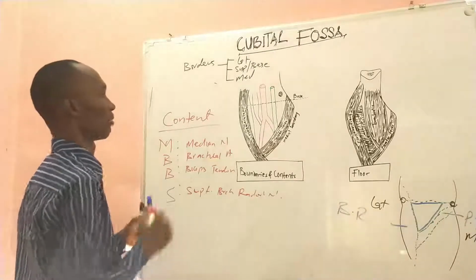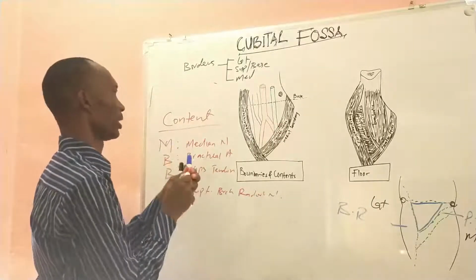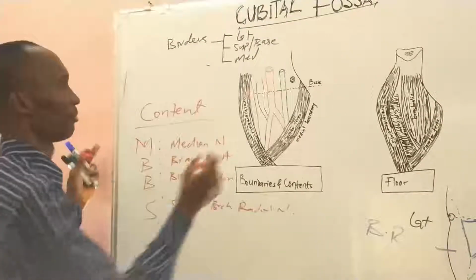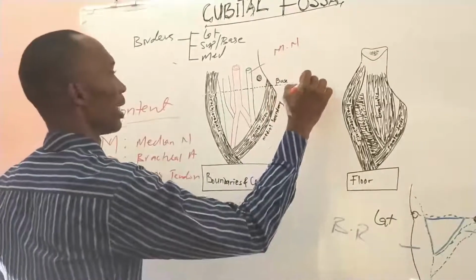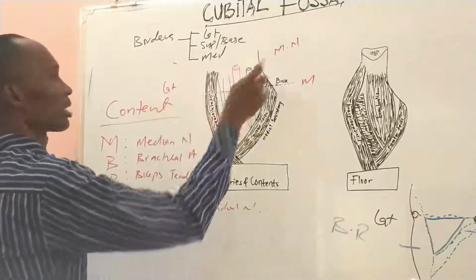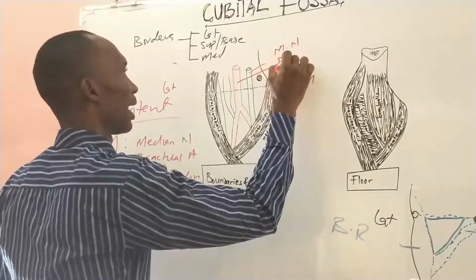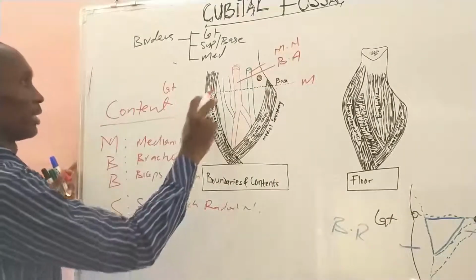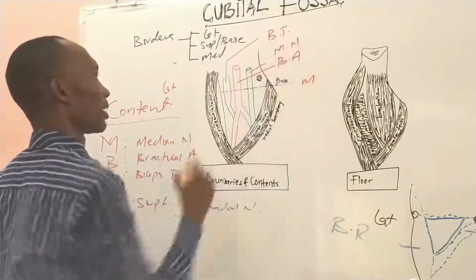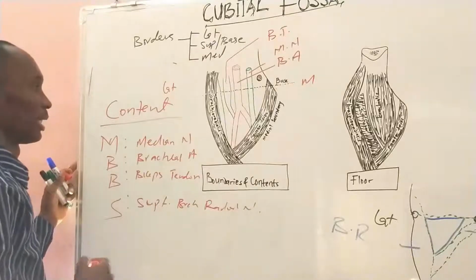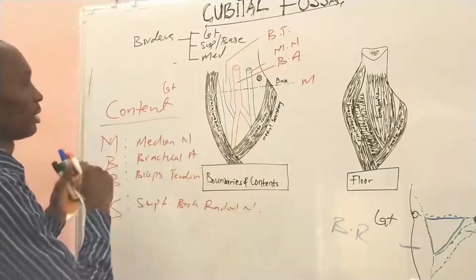So let's try to identify some of these structures. In this diagram, we see the median nerve. This is medial, and this is lateral. The next structure following it is the brachial artery, followed by the biceps brachii tendon. And then if we go deep, the next structure, the superficial branch of the radial nerve, is